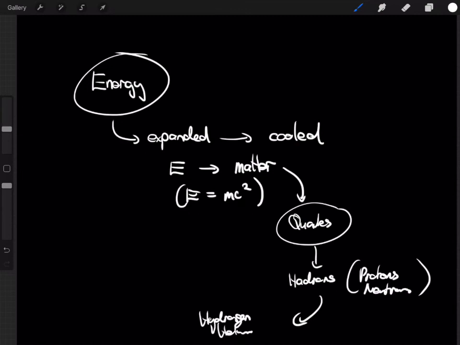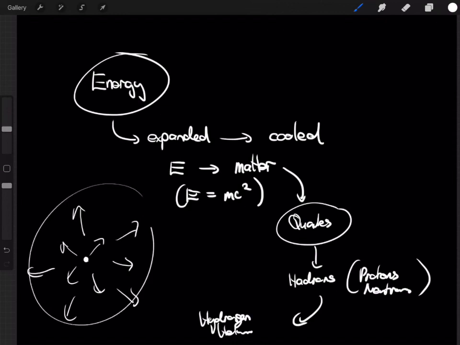And the whole idea of the Big Bang is simply the fact that the universe started from a single point and expanded. It's continuing to expand. And it was Hubble's observation of the expanding universe that led physicists to believe, well, if everything is expanding, it must have started from some original point. That's the Big Bang, in essence.